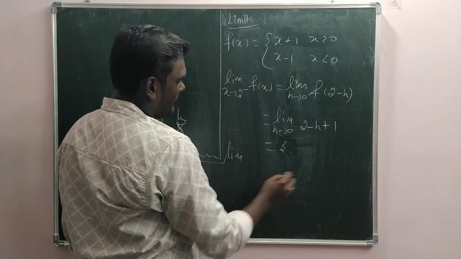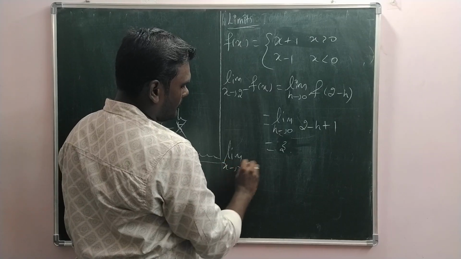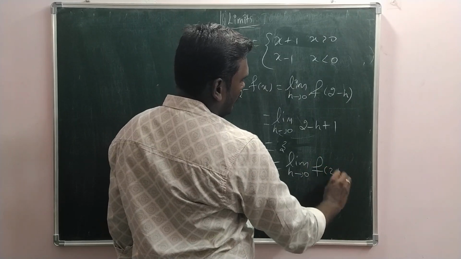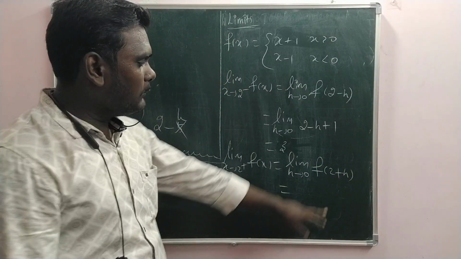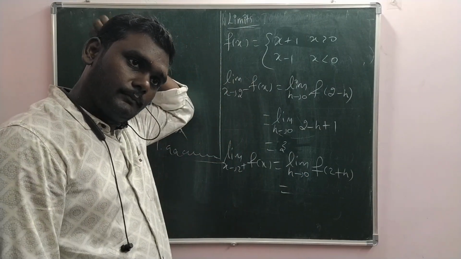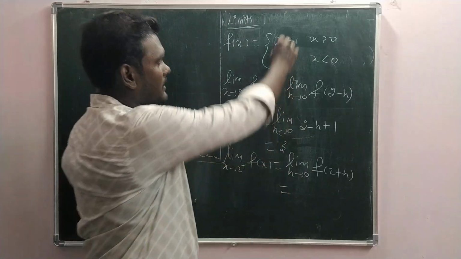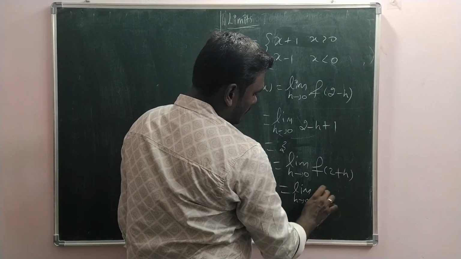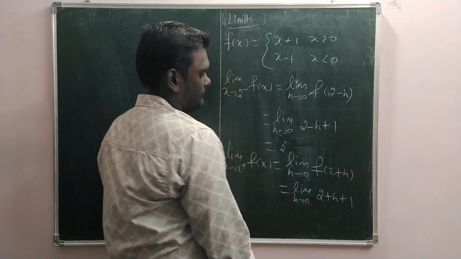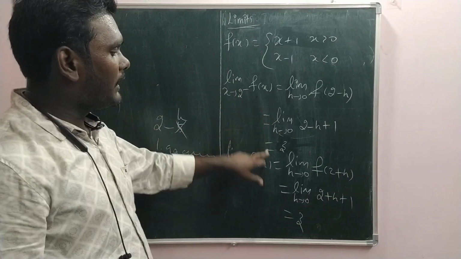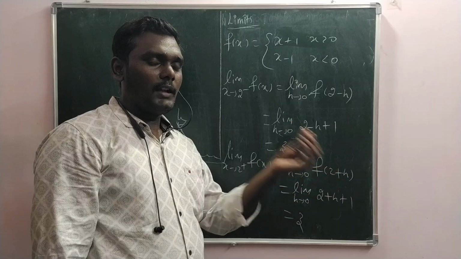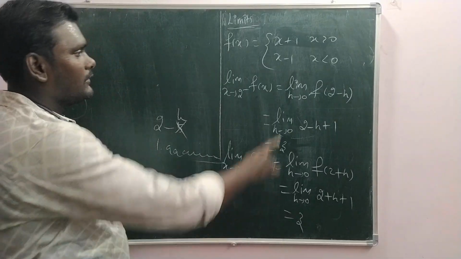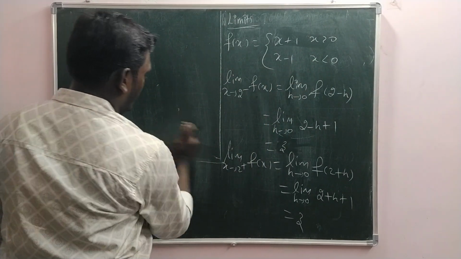The same way, the right hand limit, x approaches 2 plus f of x is equal to limit h tends to 0, f of 2 plus h. So whether it is more than 0 or less than 0, we should check. More than 0 means this first one. So limit h tends to 0, 2 plus h plus 1 again. So we will get 3. So here left hand limit and right hand limit both are equal. We say the function has a limit at this point when it approaches 2. Whereas, when it approaches 0,